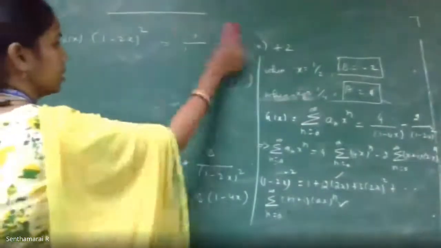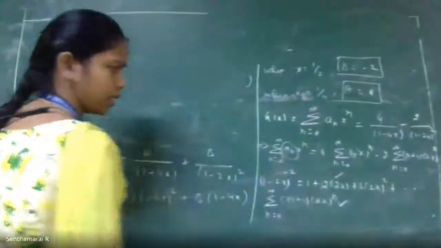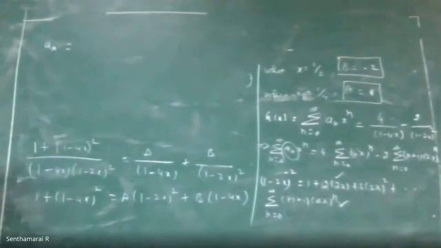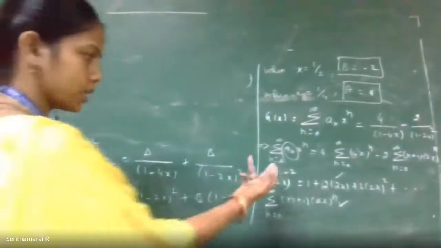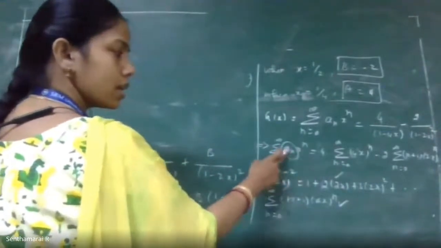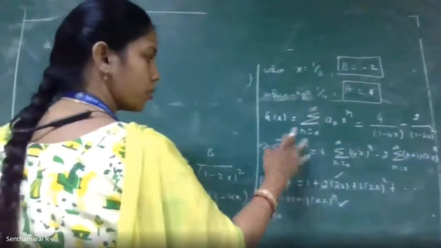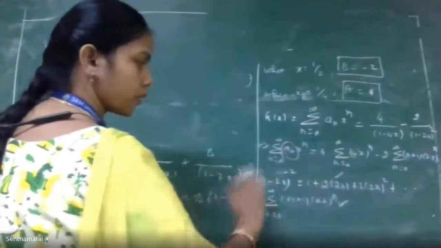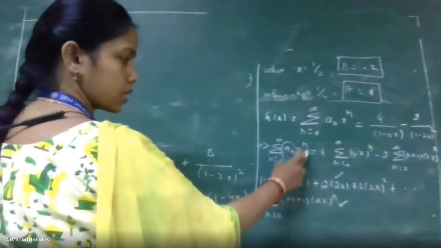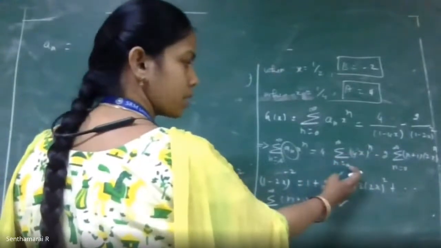For the summation, actually what we need to solve, simply we can say, is an. An is the solution of our recurrence relation. What is an on its left hand side? An is nothing but the coefficient of x power n in the sum of the series. So we can equate the coefficient of x power n on both sides. This side, an is the coefficient of x power n. So what will be the coefficient of x power n in this summation?